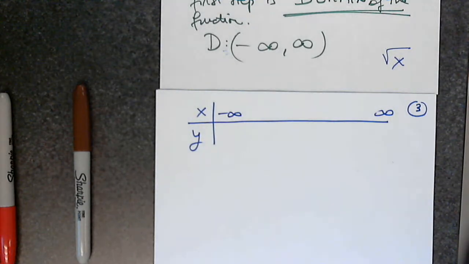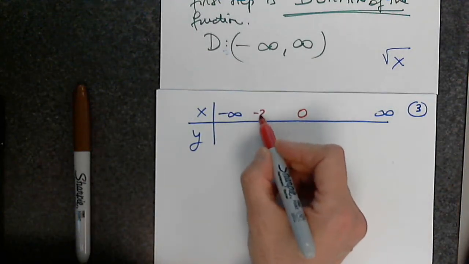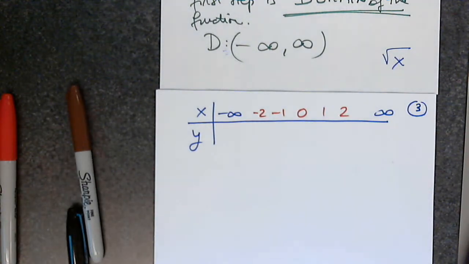It is wise to determine the x and y intercepts, among other ordered pairs that you want to use. Those two may be the same point. The x and y intercepts in this case are the origin. So I do start with the origin. And now let's say I go to -2, -1, 1, and 2. That's more than enough. So I know I have to stop. But for next time, just plug in these numbers and tell me what you get. And then we will